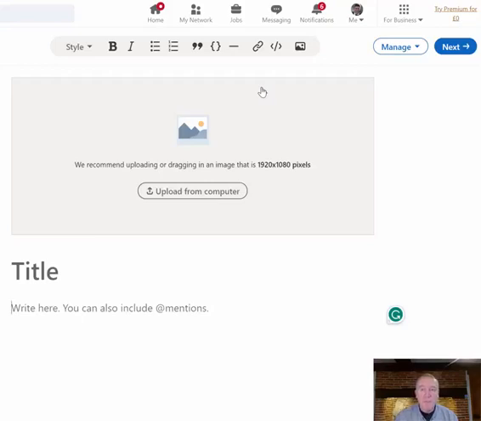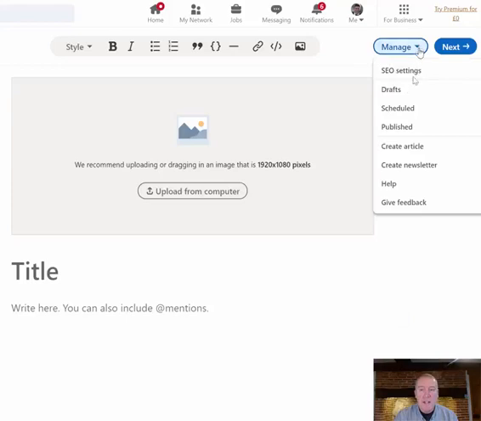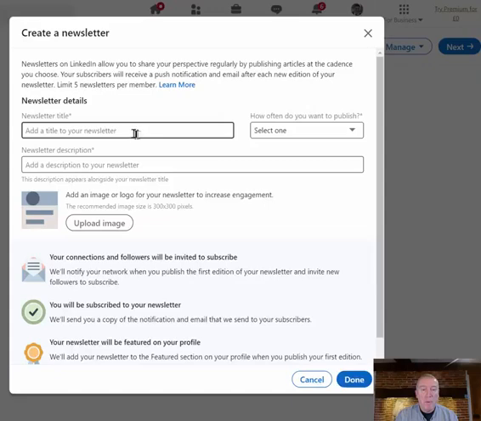a newsletter for. On this next screen on Manage, you're going to click there and go down to Create Newsletter. Now please note this will only display on your computer if you have enabled creator mode on LinkedIn. So to be able to set up your newsletter, you need to first have turned on creator mode, which you do from your profile page. If we click on Create Newsletter, then up pop the things we need to populate: our newsletter title, how often